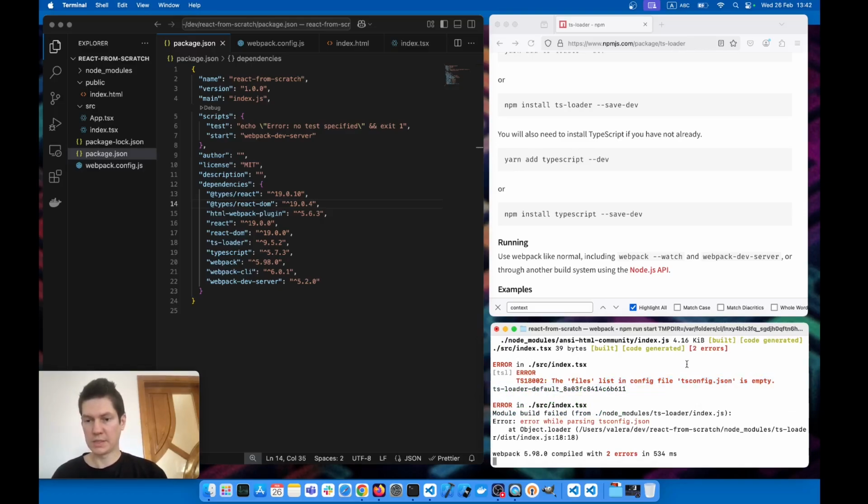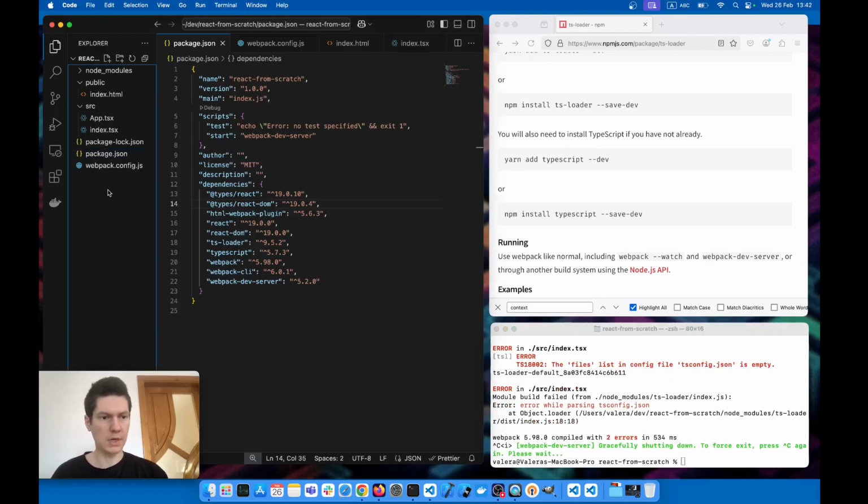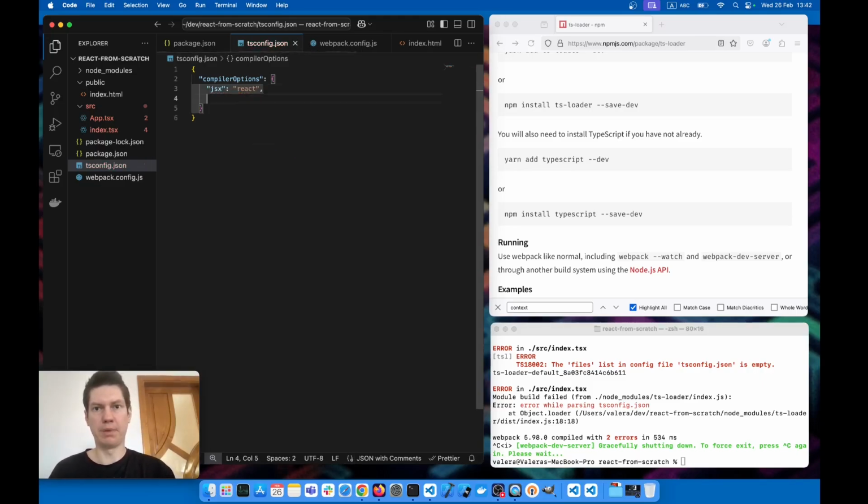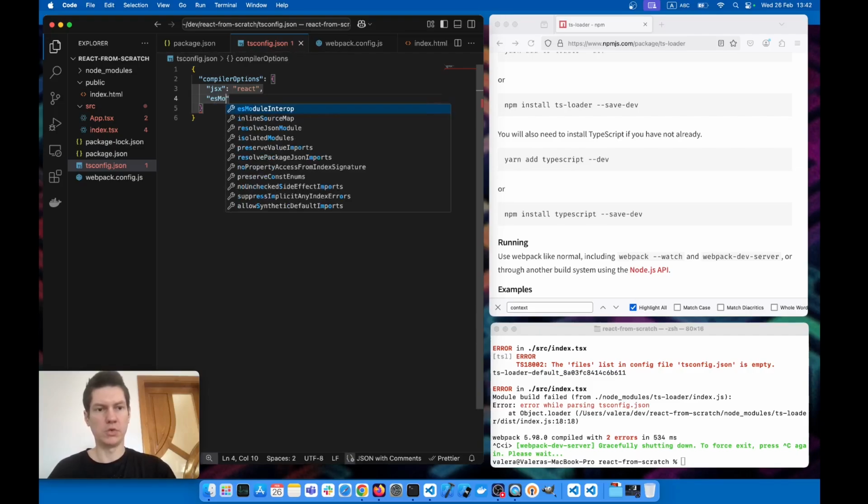Config file test JSON is empty. Sure, let's create a top level TypeScript config. So for the TypeScript config, there are several things to mention. First of all, everything is going to go into the compiler options. We're going to say that we're going to use JSX of flavor React. TypeScript understands it out of the box. We are going to